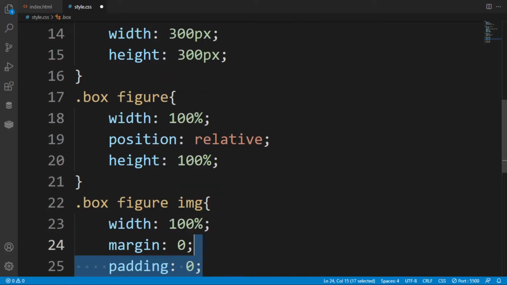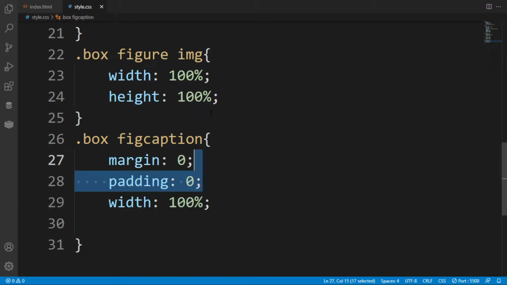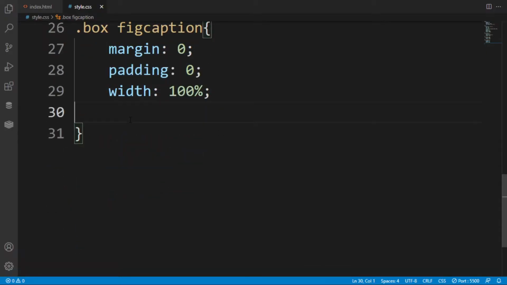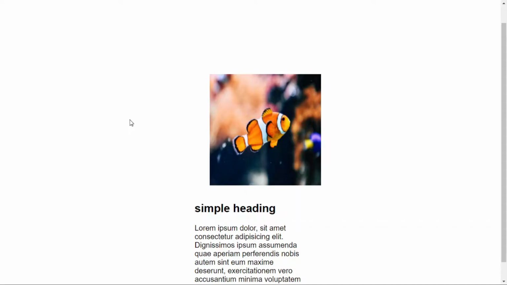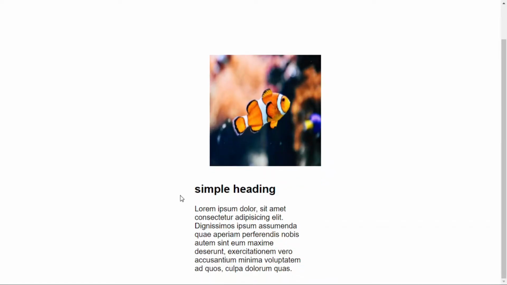Now I have copied it down to the figcaption. There was also no change. Then I put height 100%. After it, there was no change also. Then put position absolute, and after saving, as you can see, there is no change here till now.